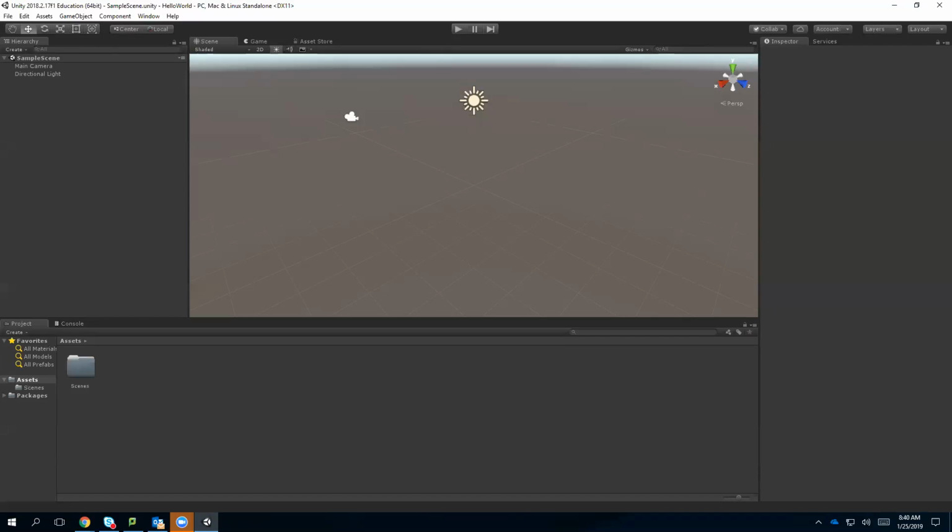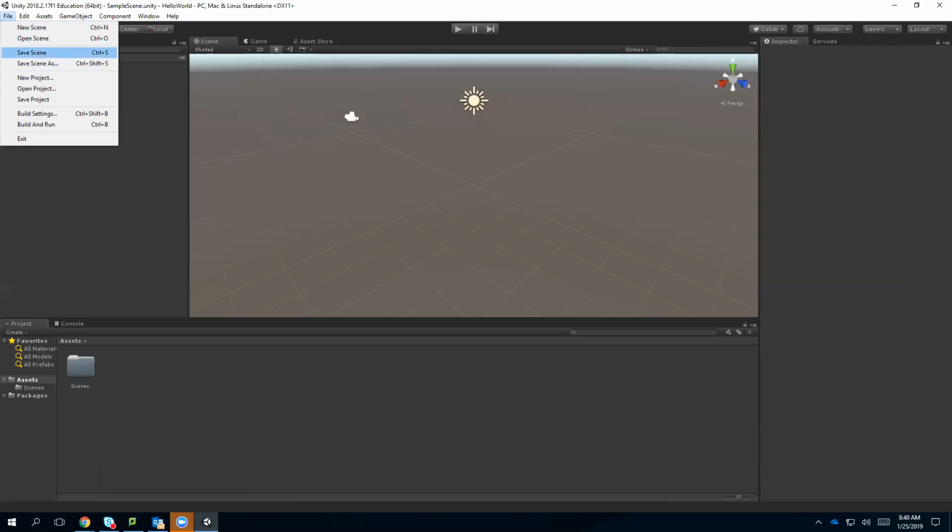On our file menu, where's my mouse? My mouse has disappeared. I can see it moving, I just can't see it. On your file menu, we want to save scene as or save scene. Sorry, I'm getting all distracted because I can't see my mouse pointer. I might have to restart our Zoom session. I think I want to do file save scene as,